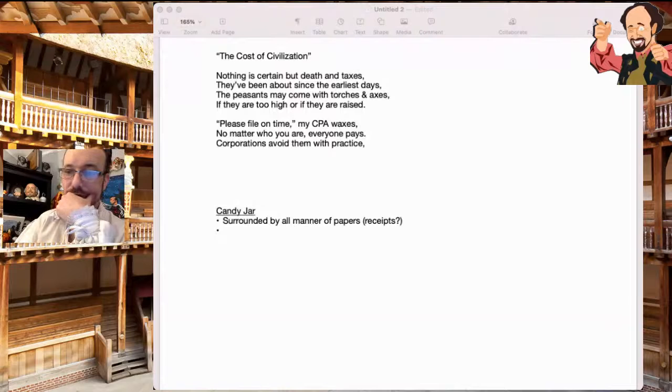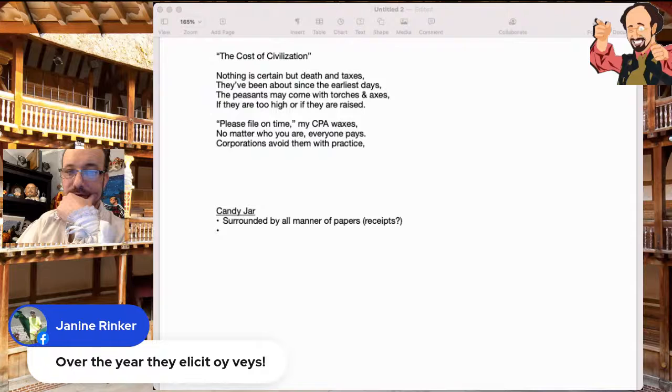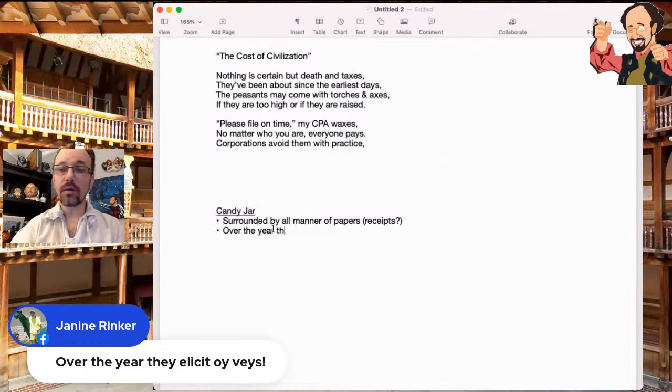Oh, lots of good suggestions. Let's put all of these into the candy jar right now. So Janine's wrong one opened the wrong document right there. So there we go. Over the year they elicit